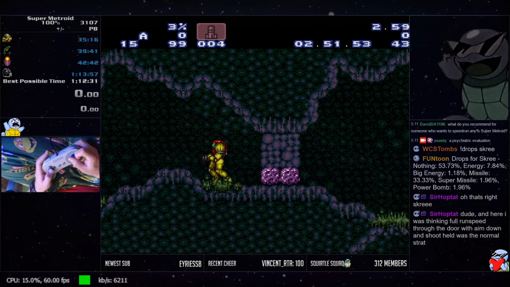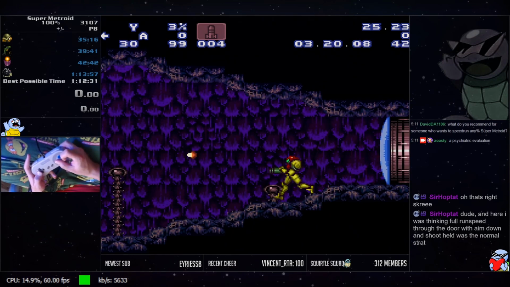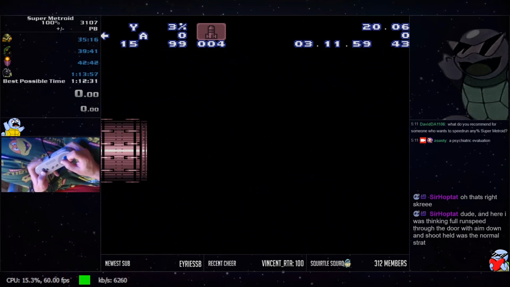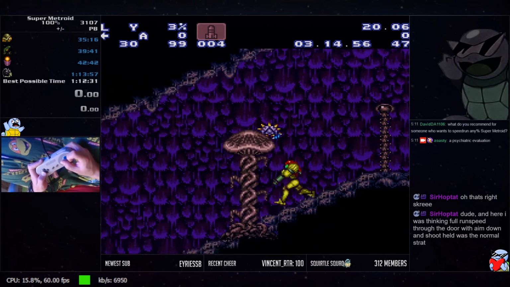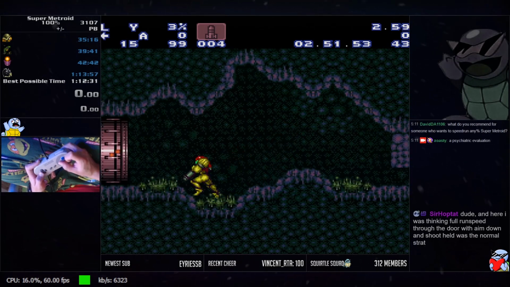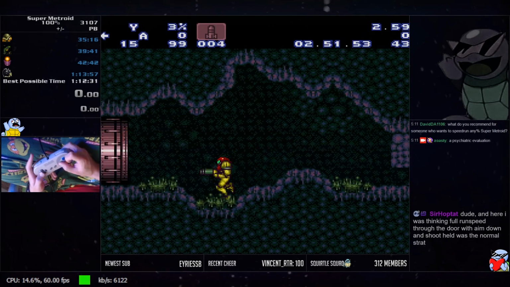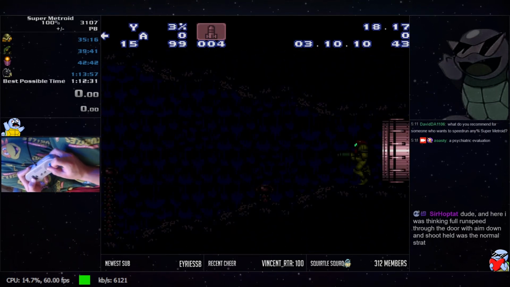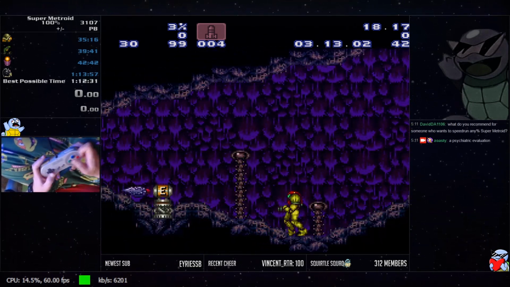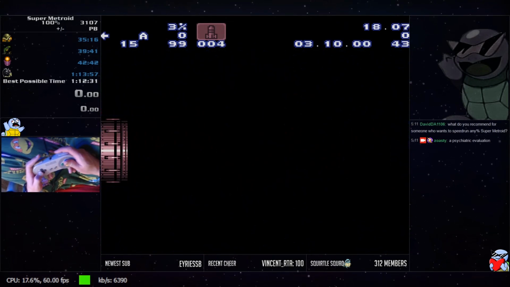You can do an auto strat with full run speed coming through the door. I forget what the actual setup for it is. Yeah, so if you have full run speed coming through the door, you want Samus to already have her arm cannon extended, and then you want to hold angle down. That will work. But if I have full run speed coming through this door, what I opt to do instead